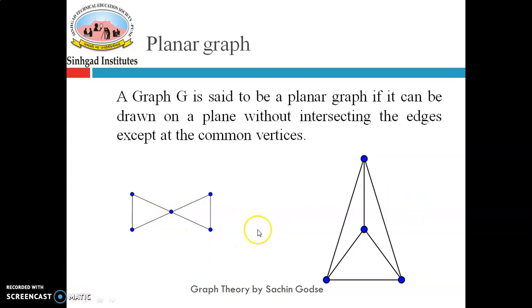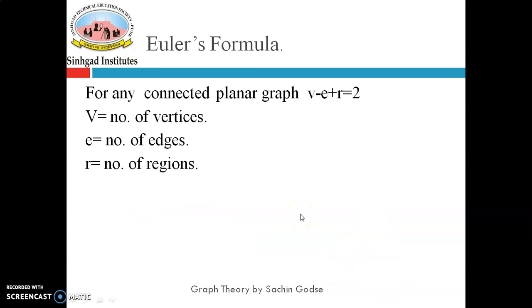So here these two are examples of planar graphs. There is Euler's formula which is used for finding the number of vertices, edges and regions in a planar graph. So for any connected planar graph, there is a formula V minus E plus R is equal to 2. In this case, V is the number of vertices, E is the number of edges and R is the number of regions. So we will see what is meant by